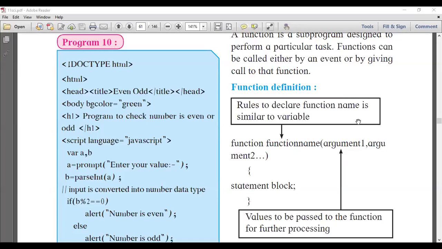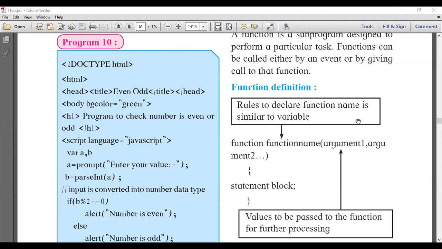Today we are going to study more examples related to the if structure. We have already studied one program, and there are a lot of programs related to if structures. Two or three we will study, and then we will see how we can write user defined functions. Then we can also study how we can trigger an event, or what are the events we can use in JavaScript.